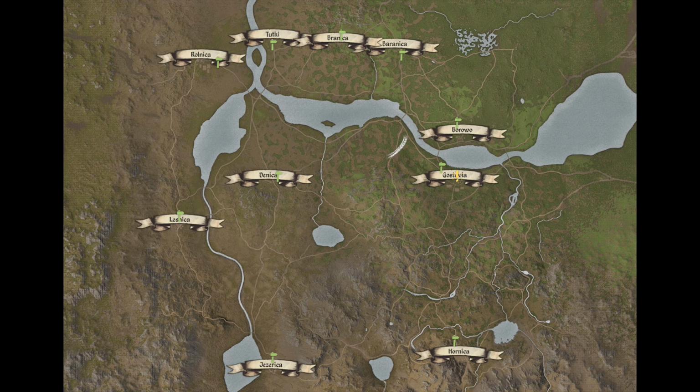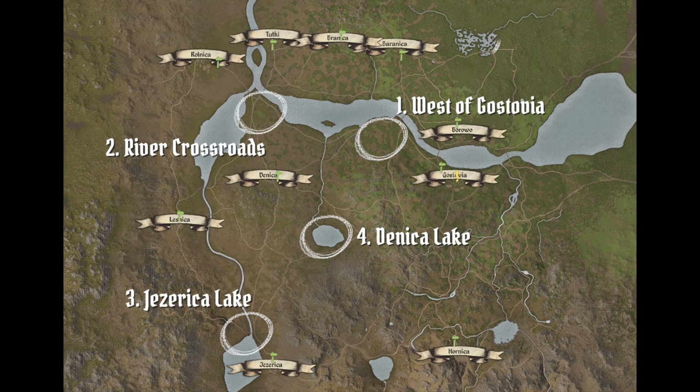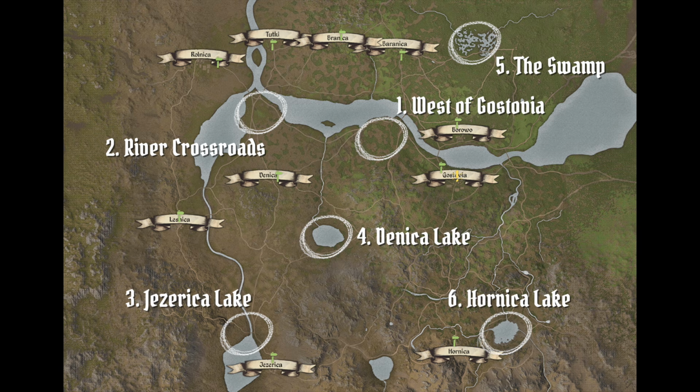We've got a very easy to reach location just west of Gostovia. Going a bit further west along the river, we have the river Crossroads with lots of roads and bridges. Then a bit more wild and a bit more secluded, there's a lake down near Jezerica. Denica also has a lake. There's a swampy landscape in case you want something a bit more creepy and wet. Hornica also has a very pretty lake. And maybe my favorite spot, north of Branica, there's a mine, there's lots of rolling landscape, which kind of reminds